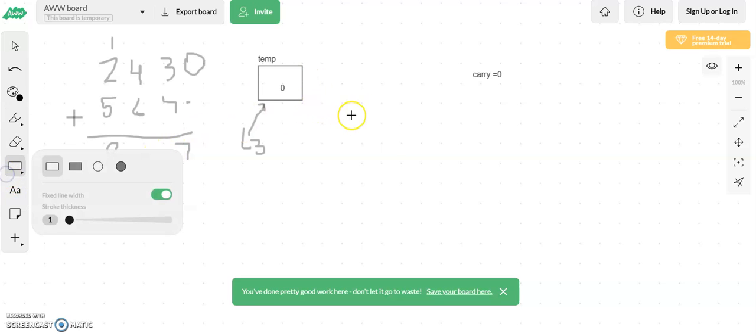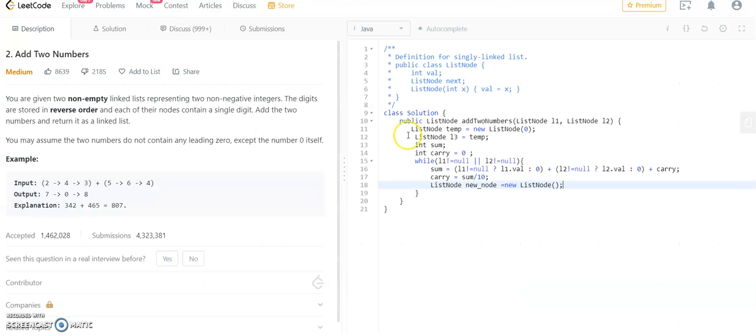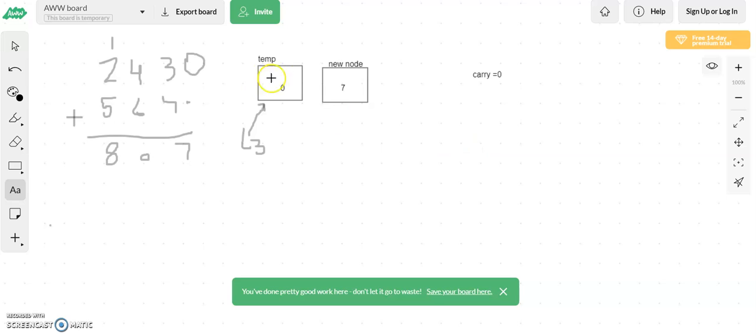First let's create another node and name it as new node, and so first the value will be 7 here, okay.